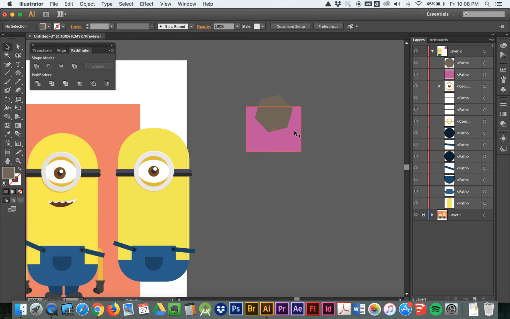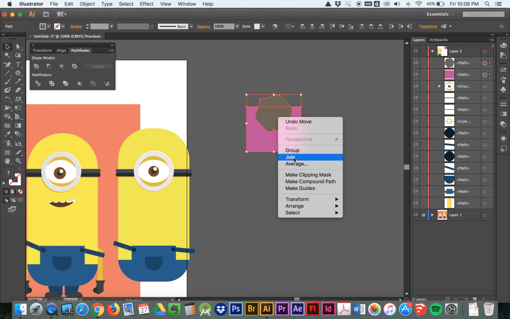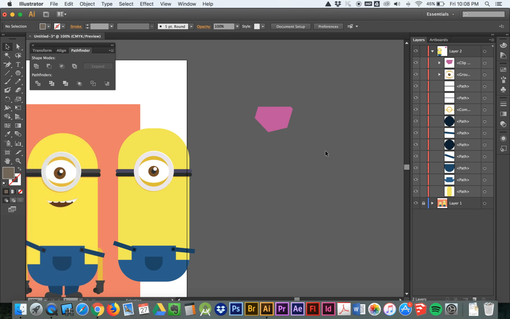So maybe what I should do is, I'll just show it to you like this. If I select these two and, while they're selected, I right click and say make clipping mask, it's going to use the one on top, which is the hexagon, as the matting, or as the mat. I click this and you can now see that that purple square, which is still there, because you can still see it in its